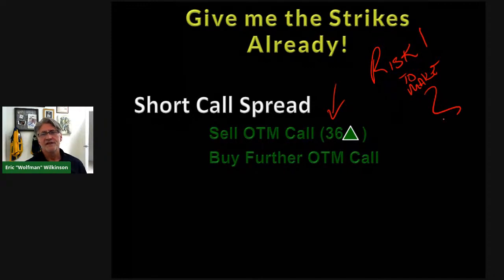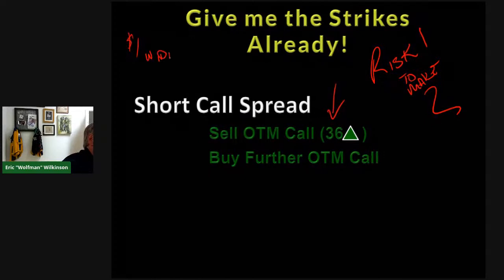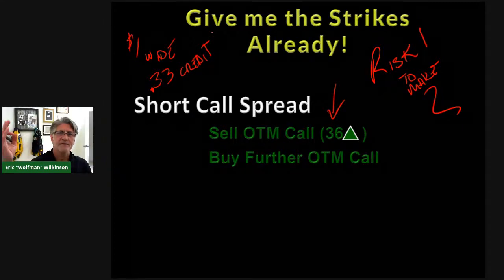All right, so in this case, if we have a dollar wide spread, then we would want to have a 33-cent credit, right? Because I'm risking 33 cents, or I've got,